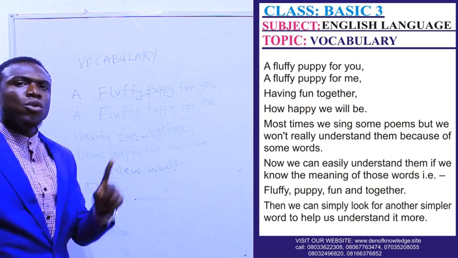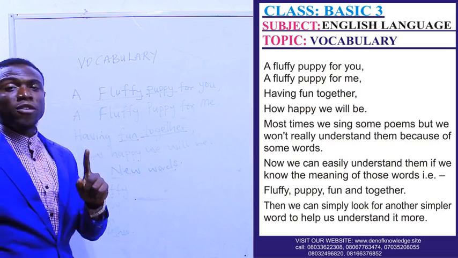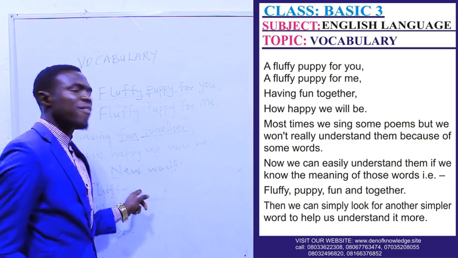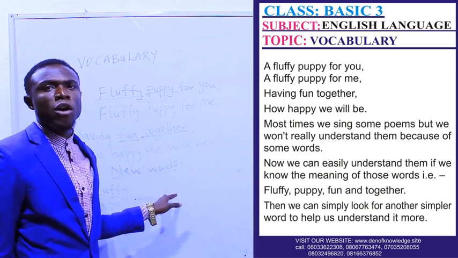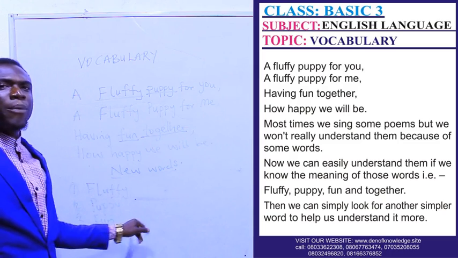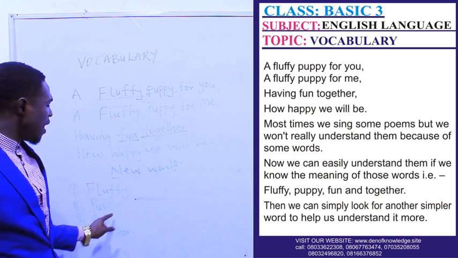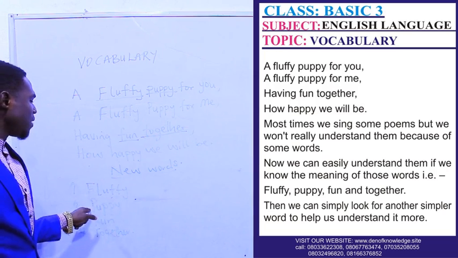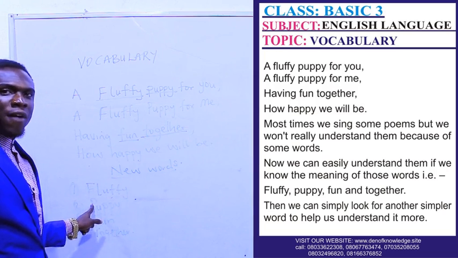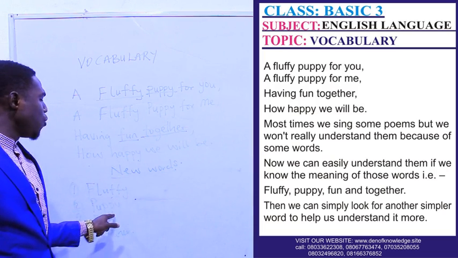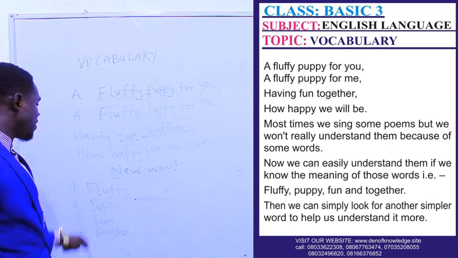Now, mind you, also learn how to pronounce them. Of course, I've taught you vowel and consonant sounds. So in every dictionary you have the vowel and consonant pronunciation. Know how to pronounce them. You go to puppy. Know the correct pronunciation of this first, and then you check the meaning. Follow the same way alphabetically. Look for P. After P, you look for PU, then PUP, PUPP, and PUPPY. You will get puppy.